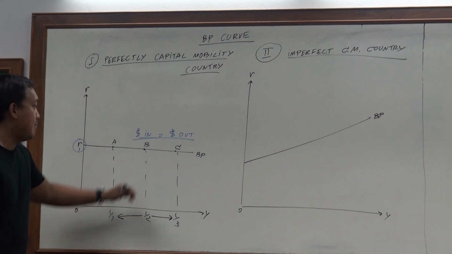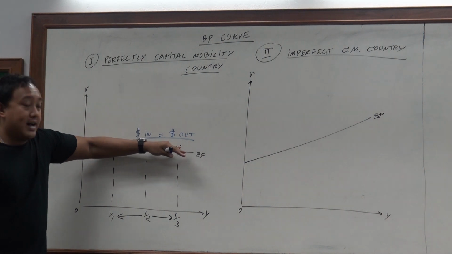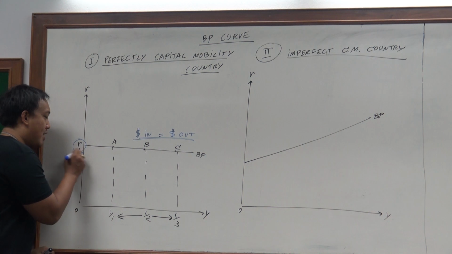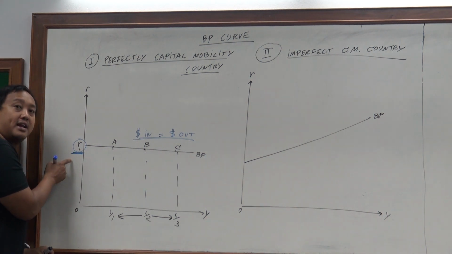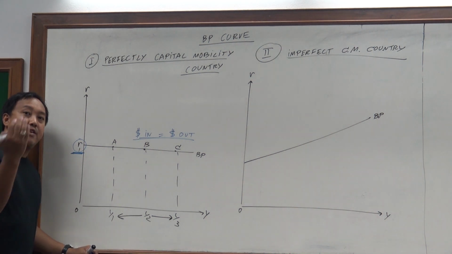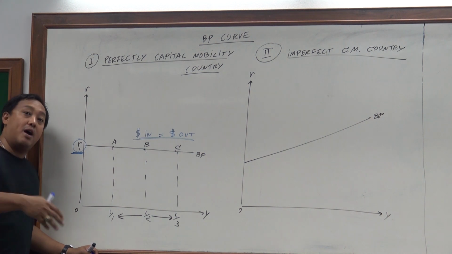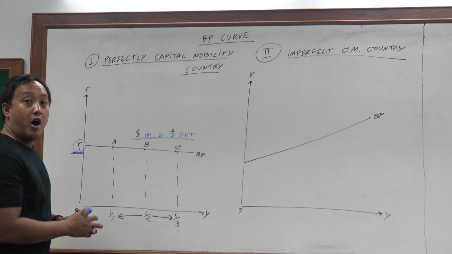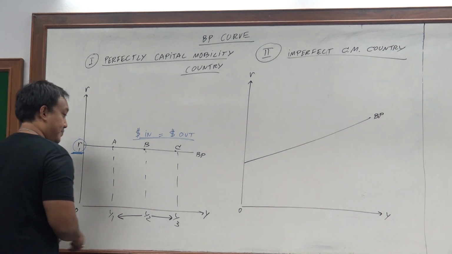So that's good. The BP curve, the horizontal curve like this, represents the level of real interest rate that makes the money that flows in equal to the money that flows out. The capital that flows in equals the capital that flows out. On the other hand,